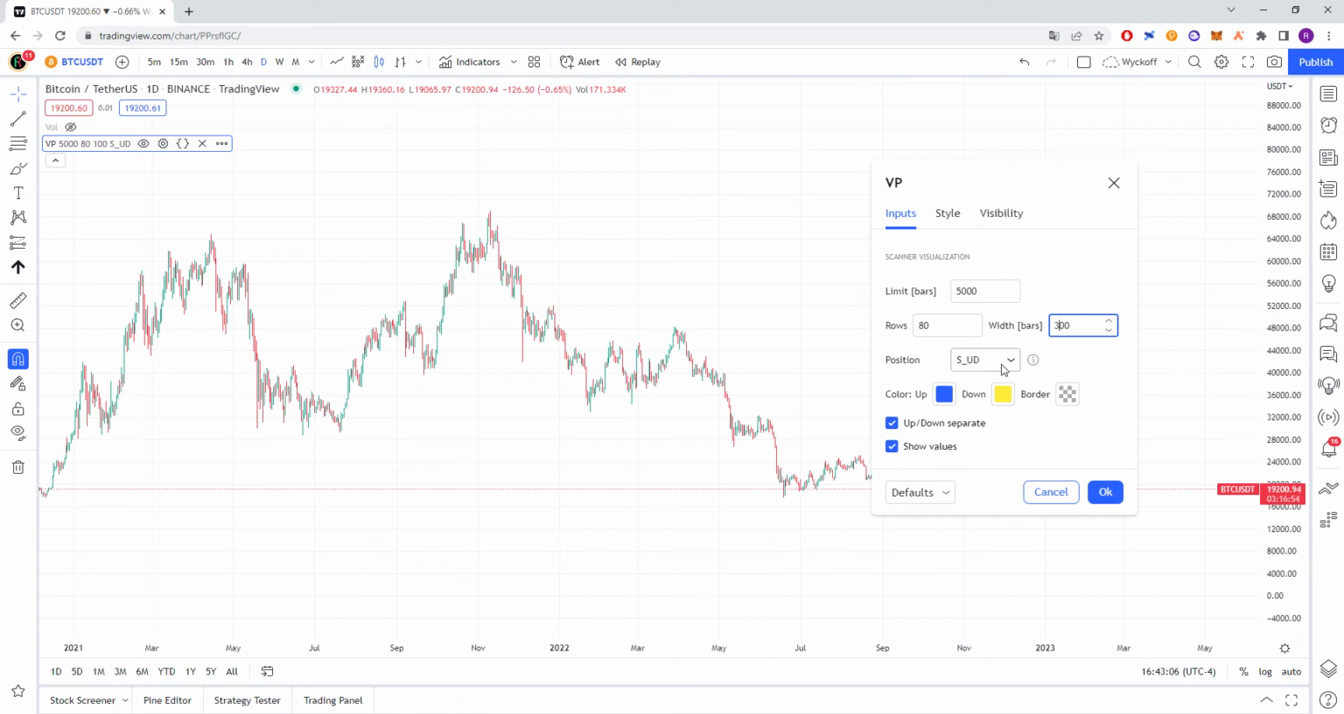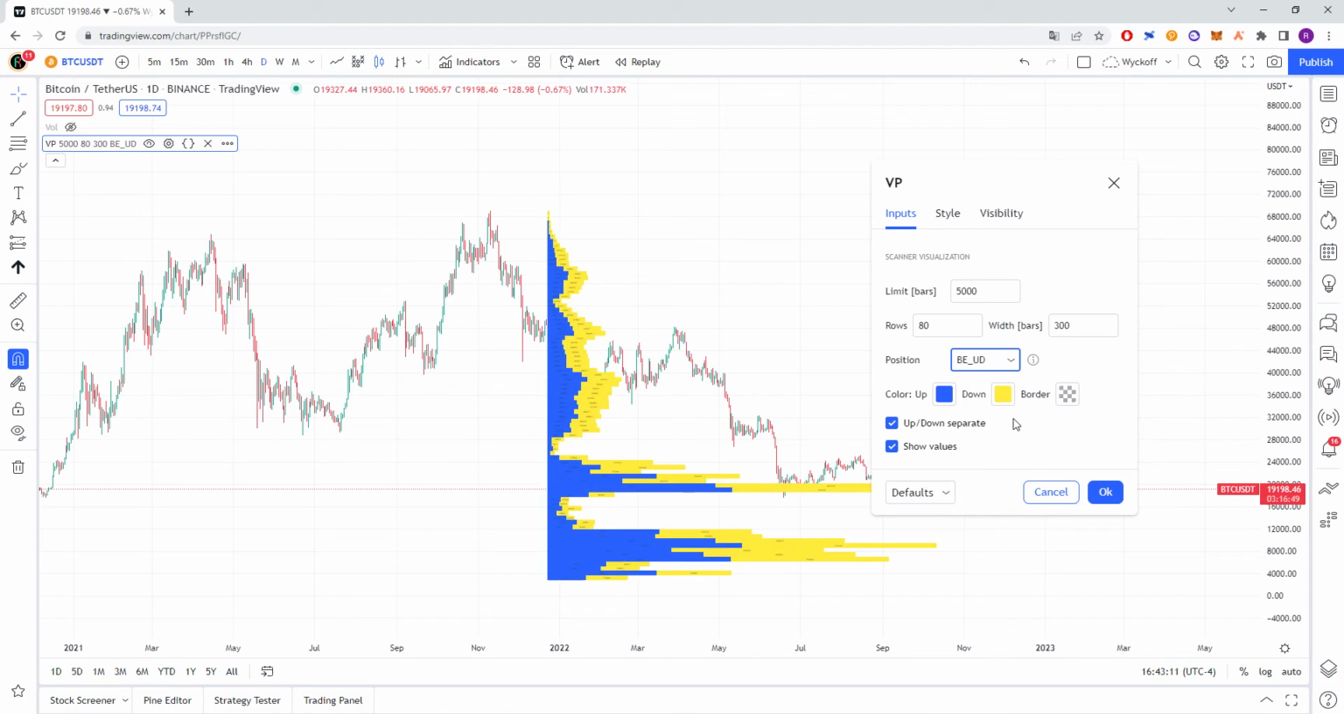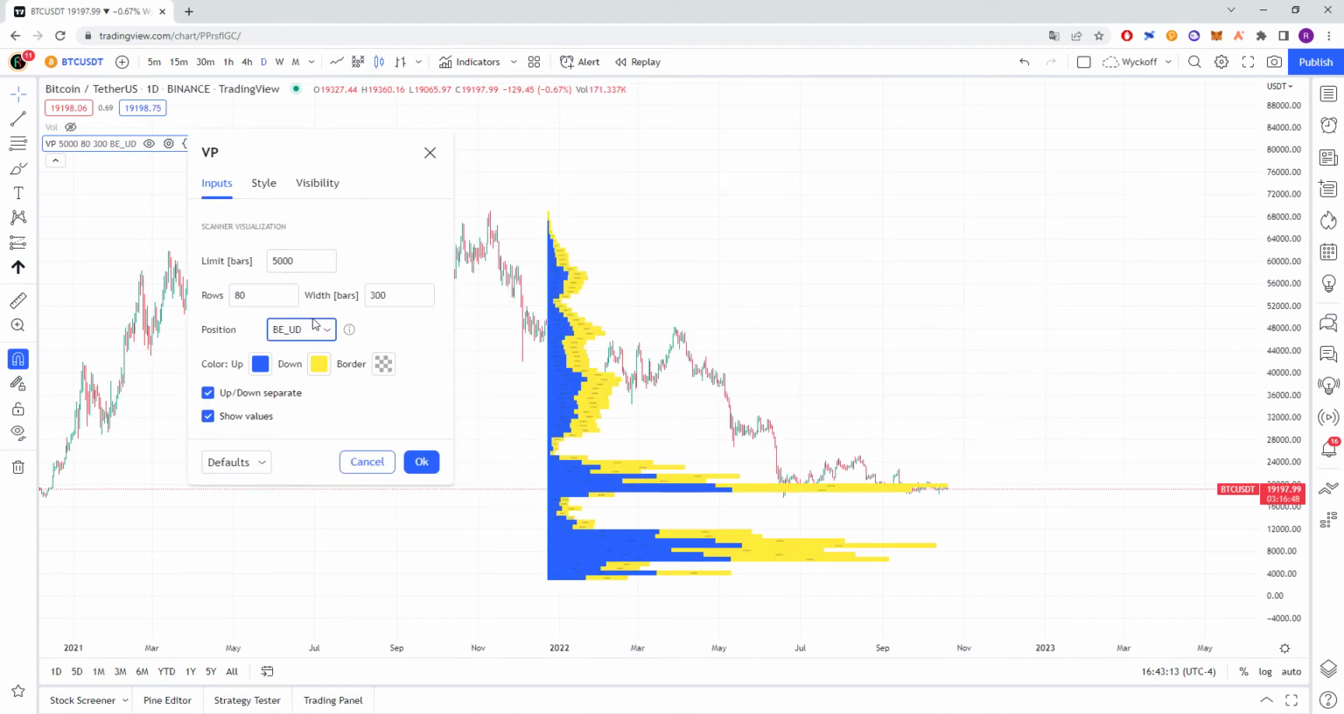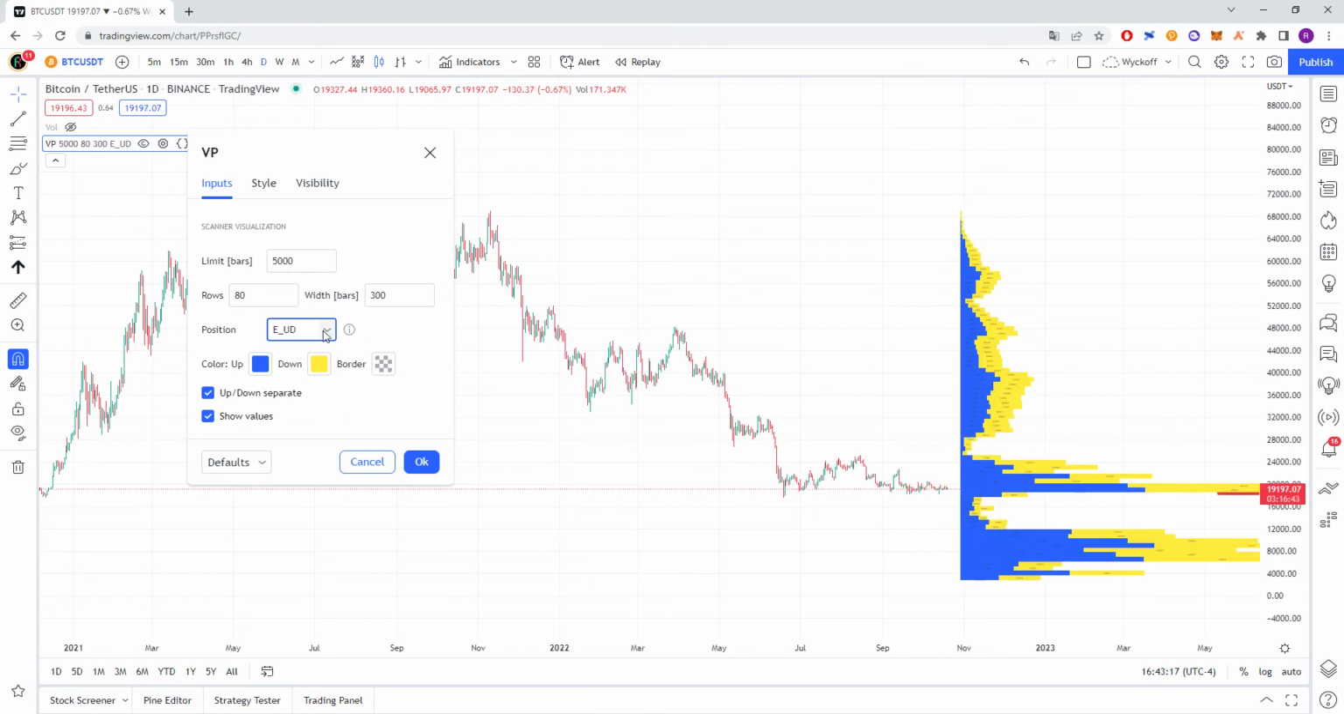And the position is at the start, so now we would like to have it before the end. We can also move it after the graph just by picking At the end. We also have two suffixes for each of the positions, and we can change the order in which the volume